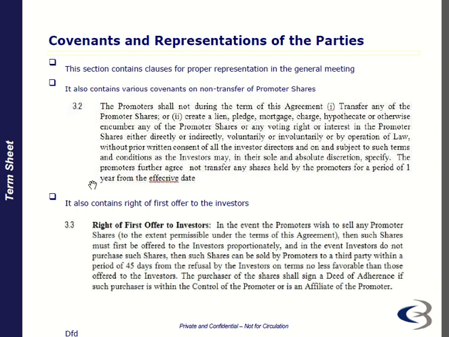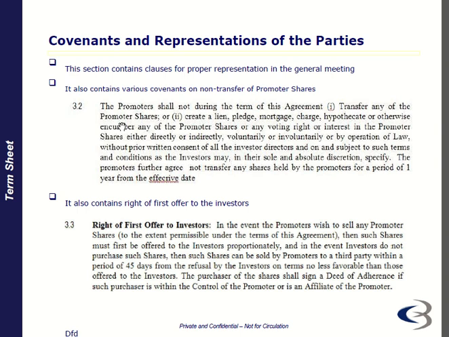The promoter further agreed not to transfer any shares held by the promoters for a period of 1 year from the effective date. That's another thing, and it also contains the right of first offer to the investors. In the event the promoter wishes to sell any promoter shares, the shares must first be offered to the investors proportionately, and in the event the investors do not purchase such shares, then